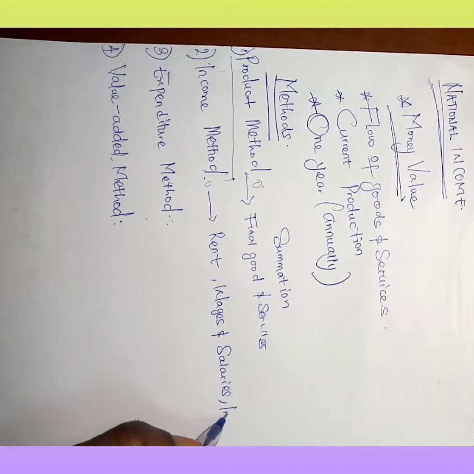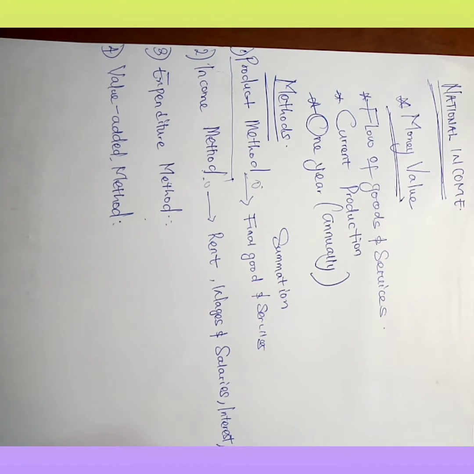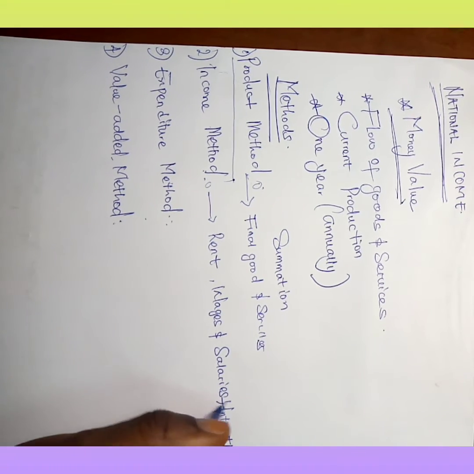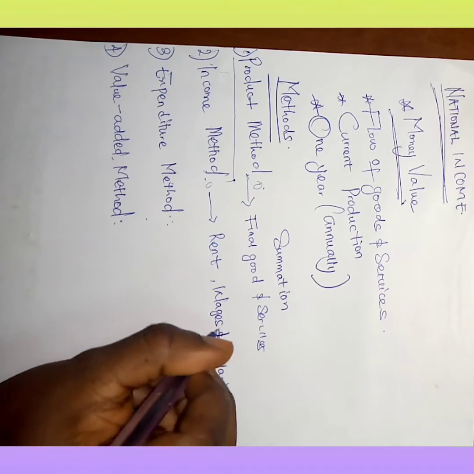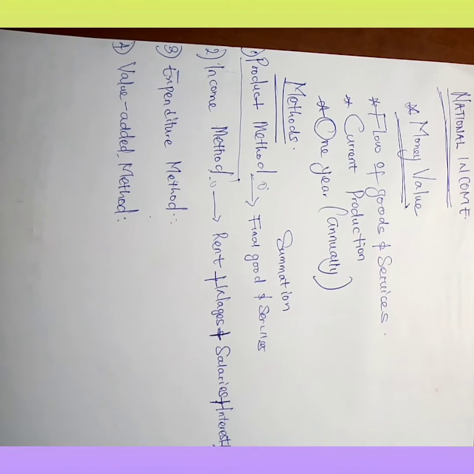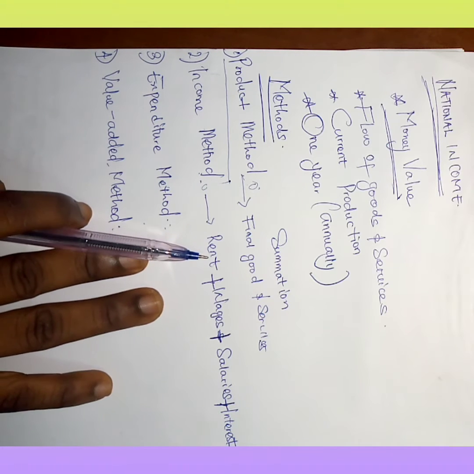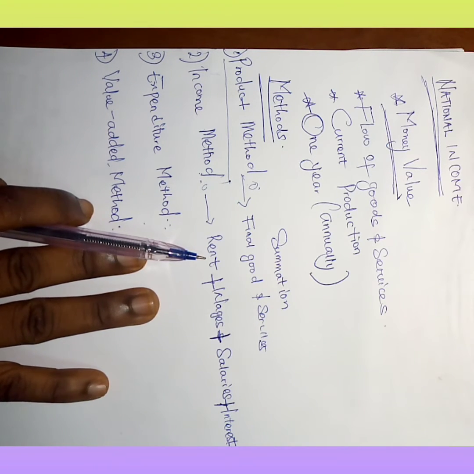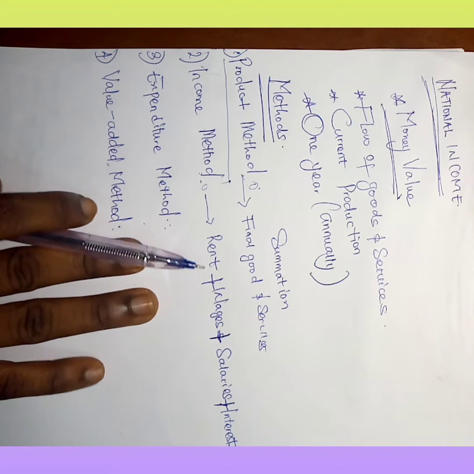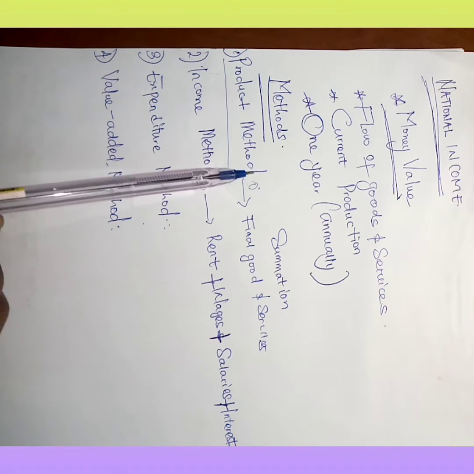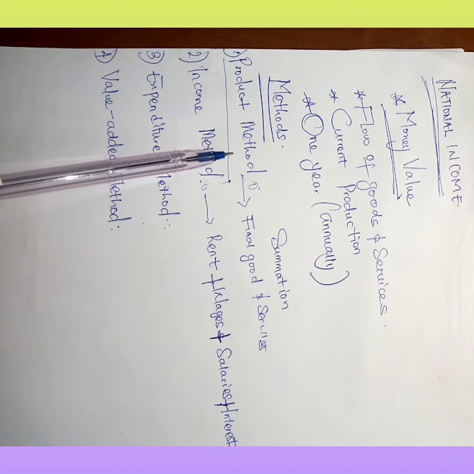For capital, the reward is interest. And for the entrepreneur, the reward is profit. Now, summing up each of these rewards is what gives us the national income by using the income method. That is, all the income which accrues to each of these factors of production is what is summed up, and whatever we get here will also be equal to the value of national income we get by using the product